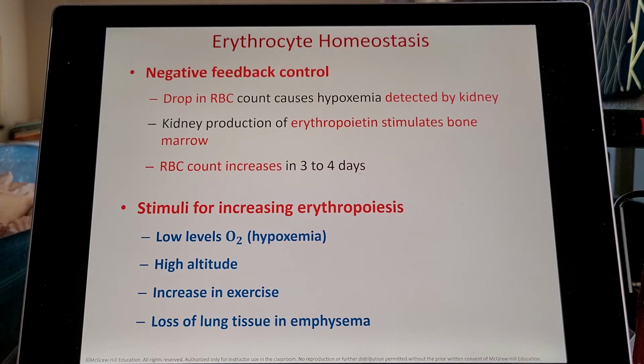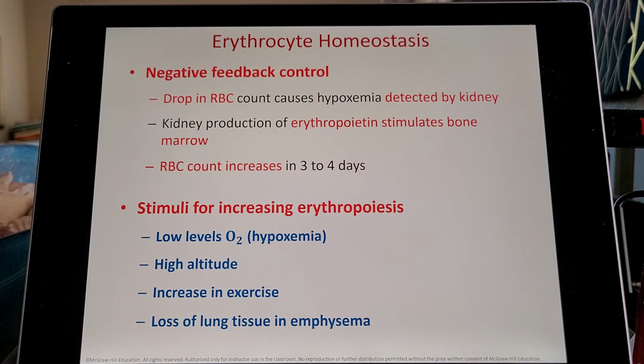Increase in exercise. So you exercise more, your tissues need more oxygen, so we need more carriers for that oxygen. And then lastly, loss of lung tissue could be because you had surgery, could be because you had emphysema, could be because you had COVID and your lung cells become damaged. So instead of having a bunch of surface area in the lungs, you have a lot less, and that's why those people were like gasping for breath and having a hard time because their lungs have gotten damaged. They have less surface area for gas exchange, and so